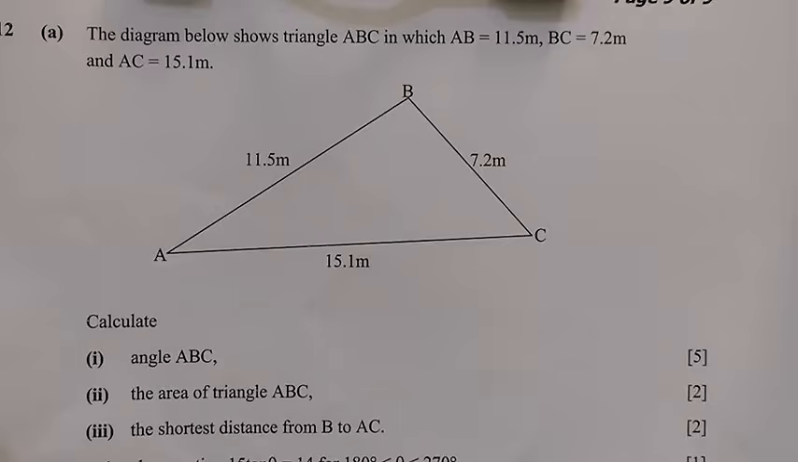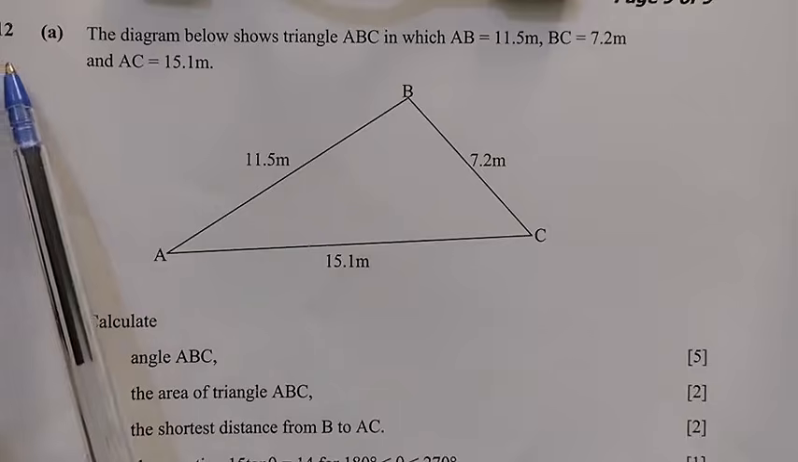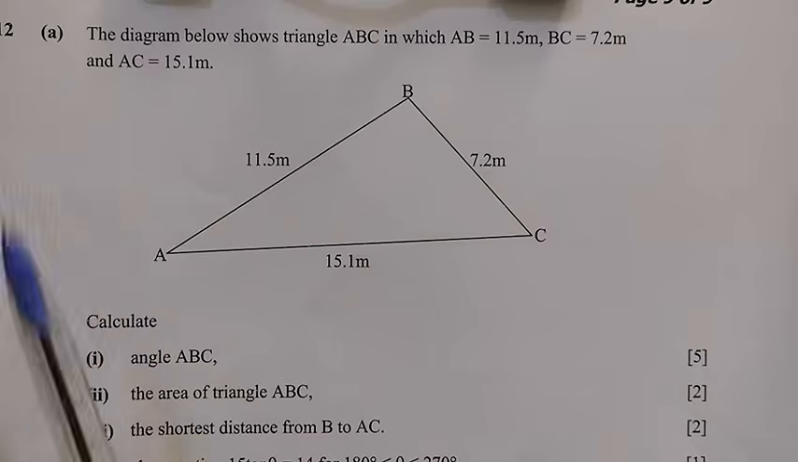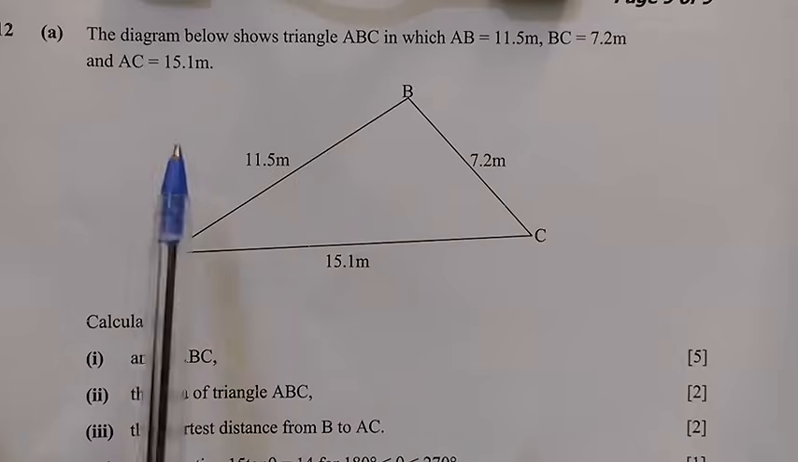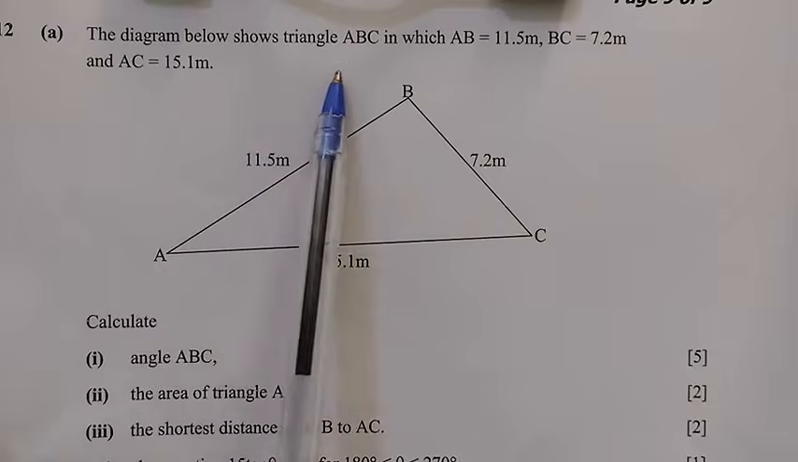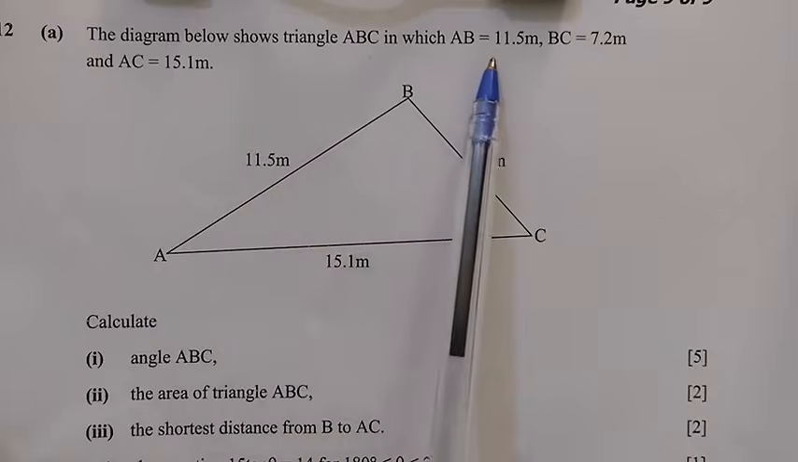In this presentation, I want us to answer question 12 right here. This question is coming from the topic trigonometry. It came in Mathematics Paper 2 for 2021 for internal candidates. The question reads: the diagram below shows triangle ABC in which AB is equal to